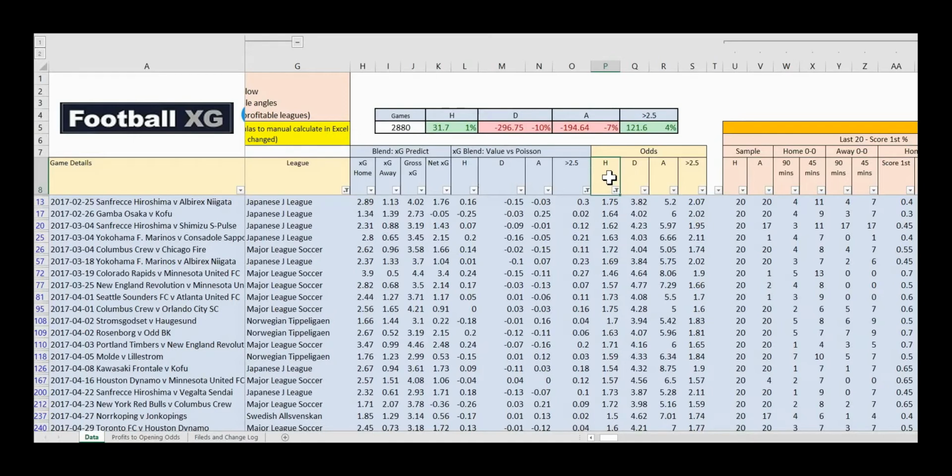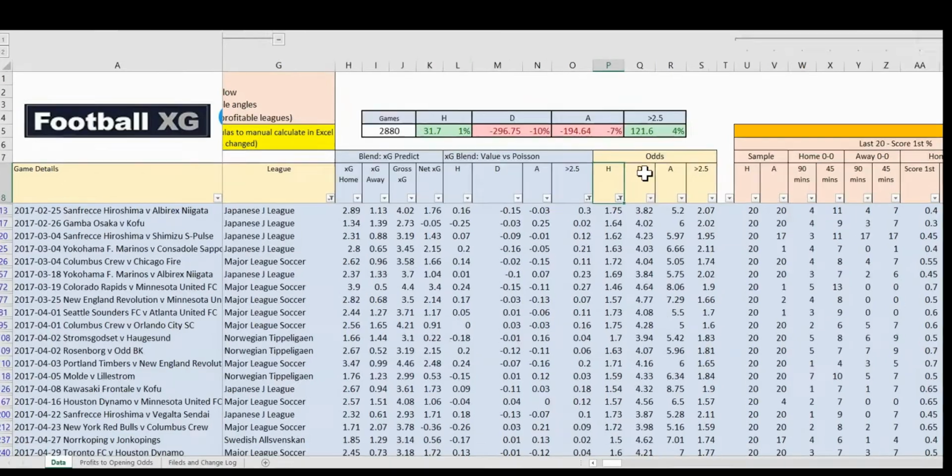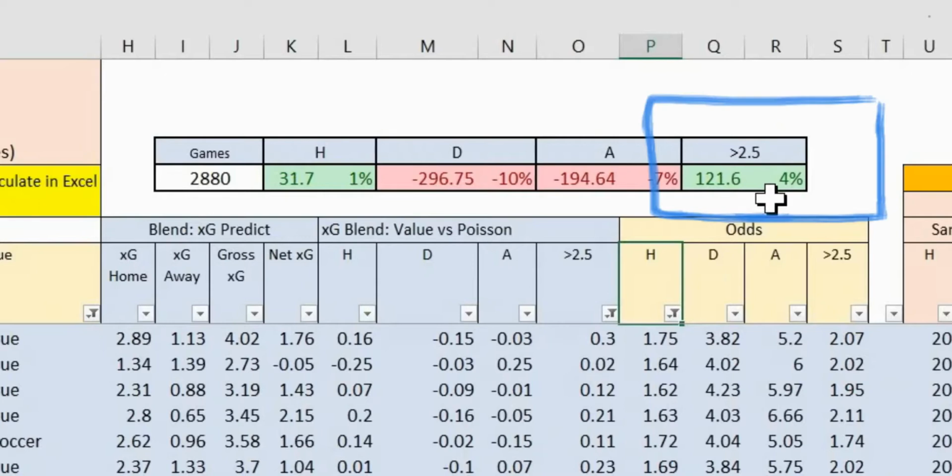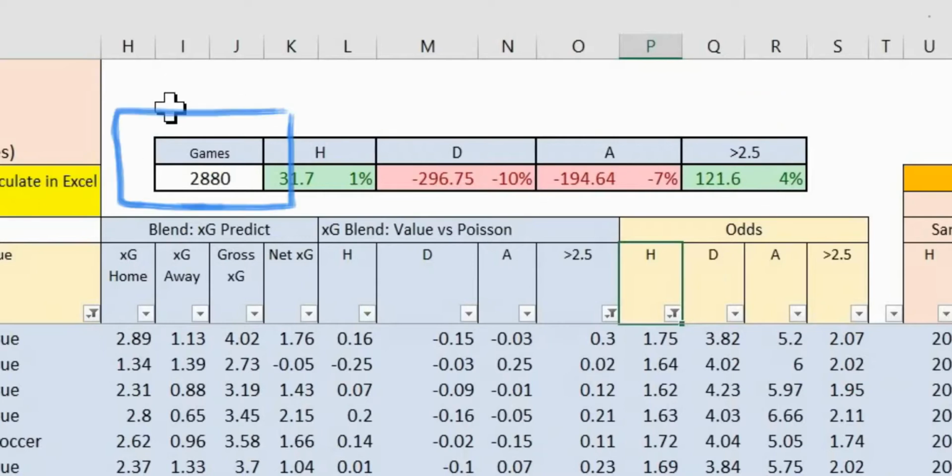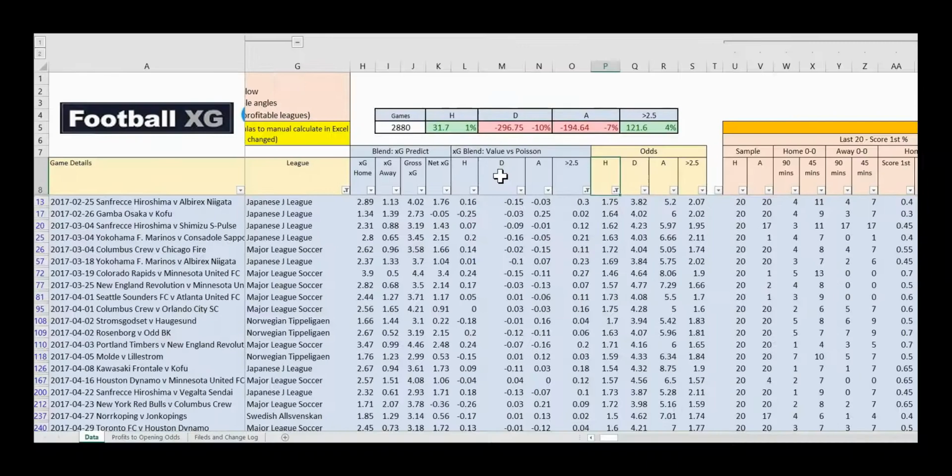Hopefully this gives people a bit of a flavor of how to use this spreadsheet to try and filter games, and ultimately what you're trying to do is maximize the ROI while still having a reasonable number of games here in the filter. And then once you've got a system that you're comfortable with, then obviously each time we publish upcoming games, you can apply these filters and then decide whether or not you want to place bets on those individual games. Again, this is just one example.